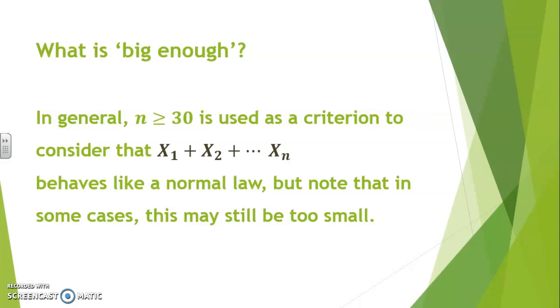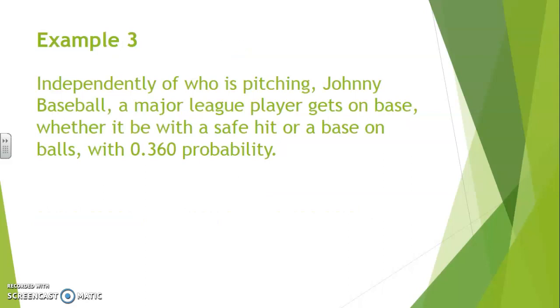So what is big enough? Well, in general, we use 30 as a guideline to determine if the sum consists of a sufficient number of identical variables. There are many examples where 30 will be insufficient, and sometimes 24 might be acceptable, or 16. For example,